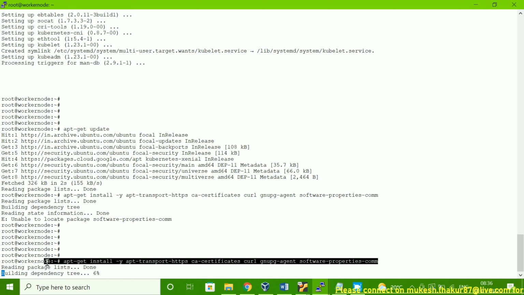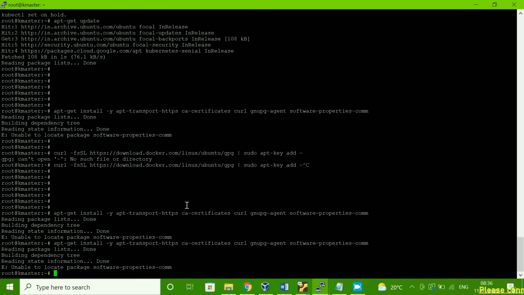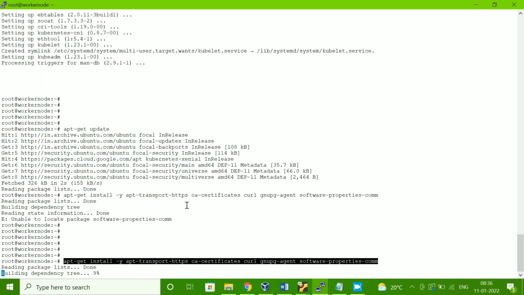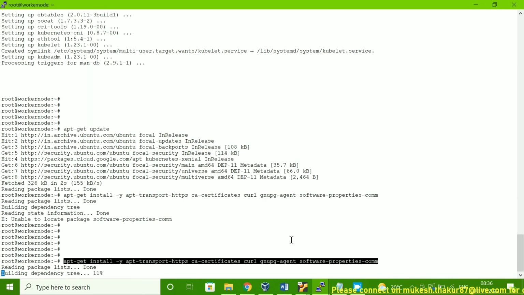Here it is working fine. Let me check why no worker node is running. We can wait. You can see it's here. If it is working here, it means on the master node also it should work. So we can wait.